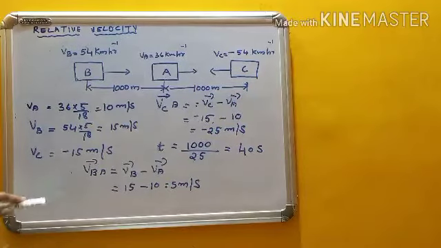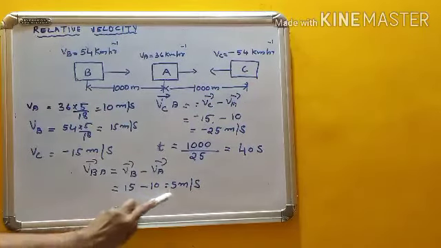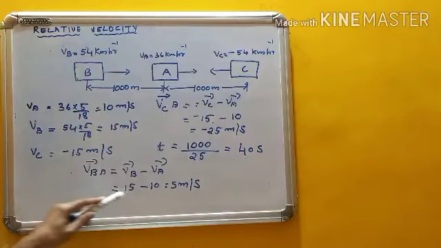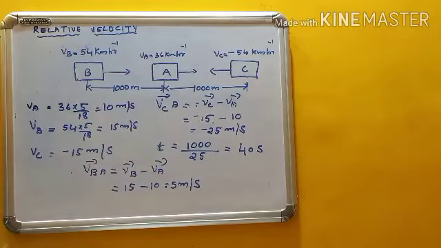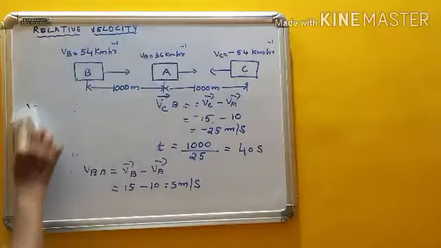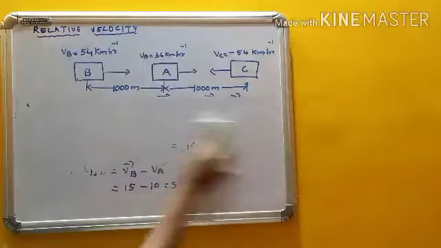So that is why in the question, of course, B will have to accelerate, because the relative velocity is only this much. B and A are moving in the same direction, no? So that's why the relative velocity is coming as plus 5 meter per second as per the given values. So of course, B has to overtake and accelerate for that. How much is the acceleration, that we have to find out.